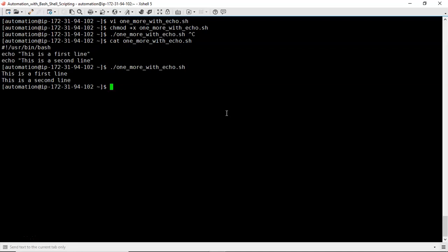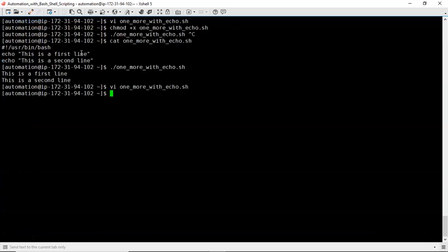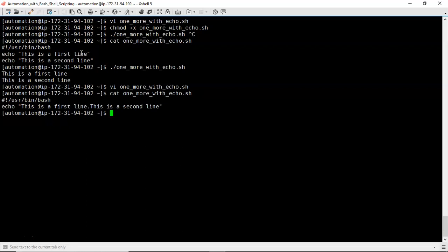Yes. Now, if you observe, I am writing 2 echo commands one after another. Instead of that, what I will do is use only 1 echo command, and I will write this information also in the first echo command. But I want to get output in 2 lines. First, let me write and see the result. Suppose that is the first line, then this is the second line. As of now, if you run your shell script, you have 1 echo command with some message. But I want to display this message in one line and this message in the next line. But as of now, it is not possible.